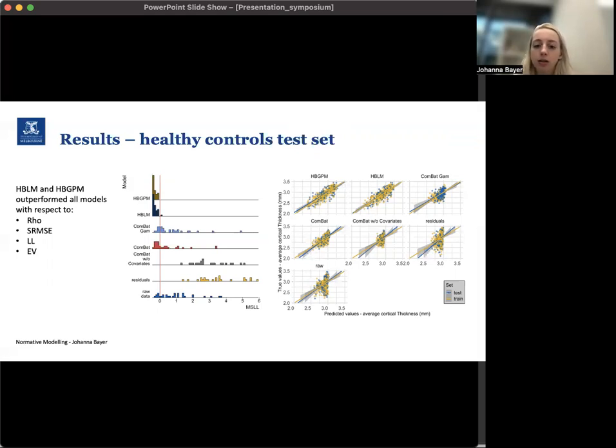What I then did also is look at the predicted variance. So just plot the variance predicted by the model, or the points predicted by the model, against the observed values. And you see on the right-hand side, in this plot at the top, that for the hierarchical Gaussian process model and hierarchical Bayesian linear model, the points lie on the regression line between the observed and the predicted values. Whereas for the ComBat models and also for the residual models, you see that if you look at the predicted values,